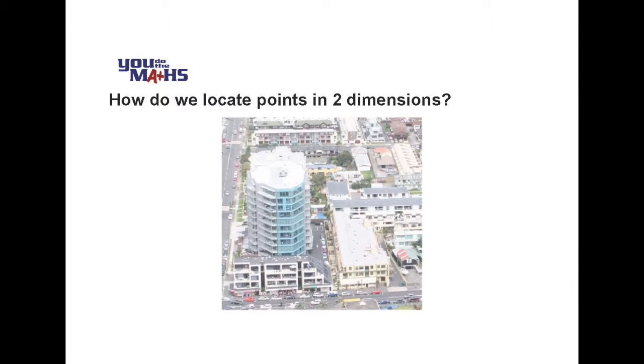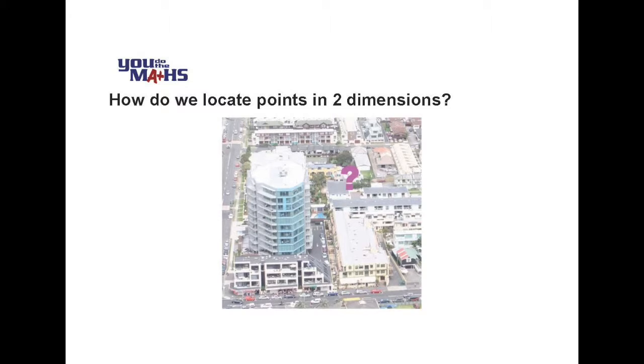Quite often what we want to do is locate a point, and that might be when we're looking at a map, or in this case we're looking at a suburban block. So for example, we might want to identify how to get to that question mark as quickly as we possibly can. We could describe it using roads, but if we're looking from above,